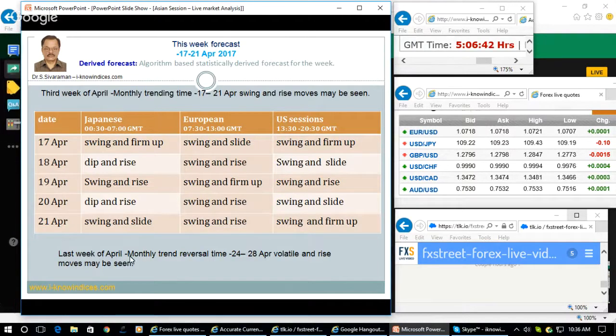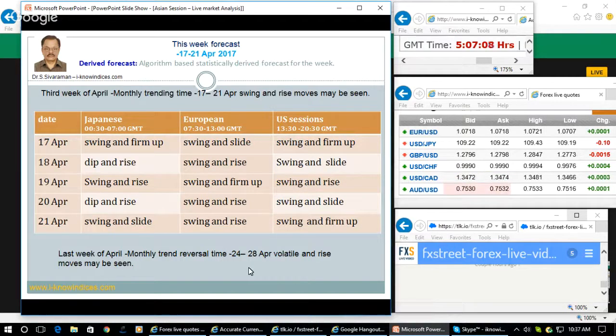Next week is the last week of April. So the monthly trend reversal move is expected to happen 24th to 28th of April. So during that time, the market is going to be very volatile. So keep in mind, you can only do swing trade. You cannot afford to do position trade during the